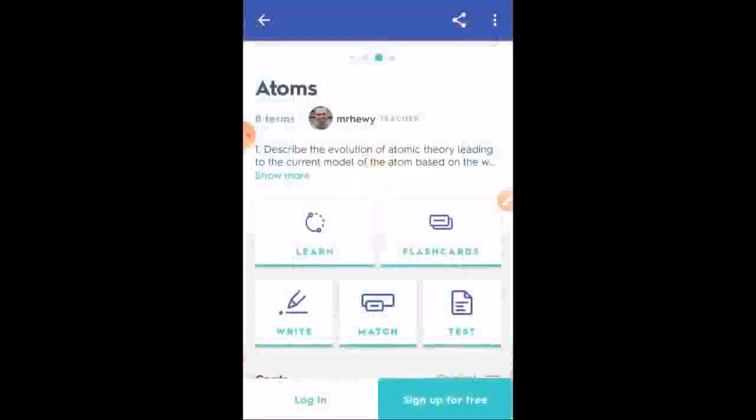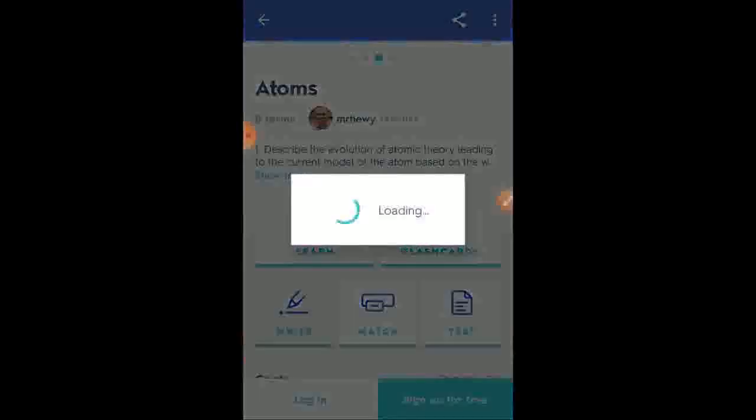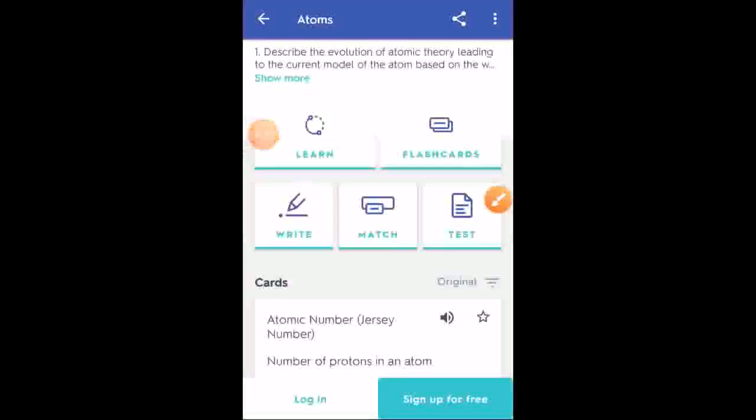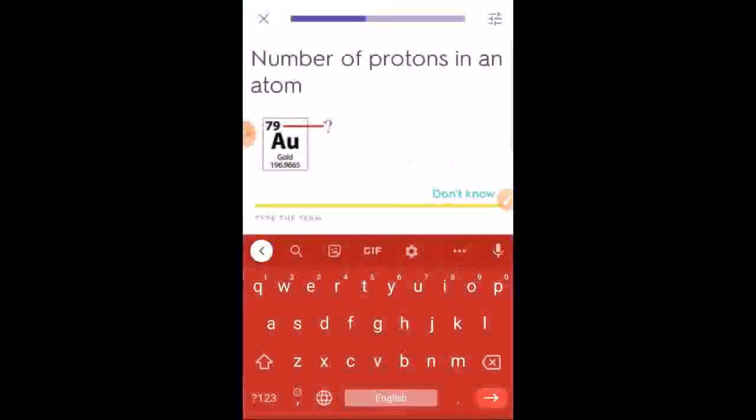Okay, right. Now I am going to the third option. Number of protons in an atom is called atomic number.